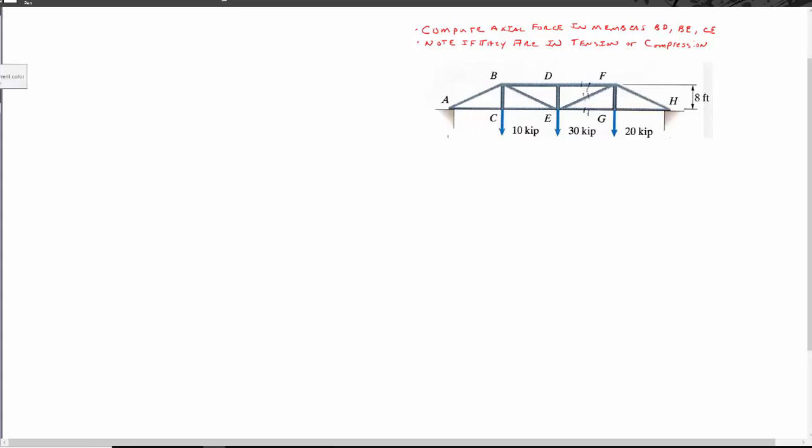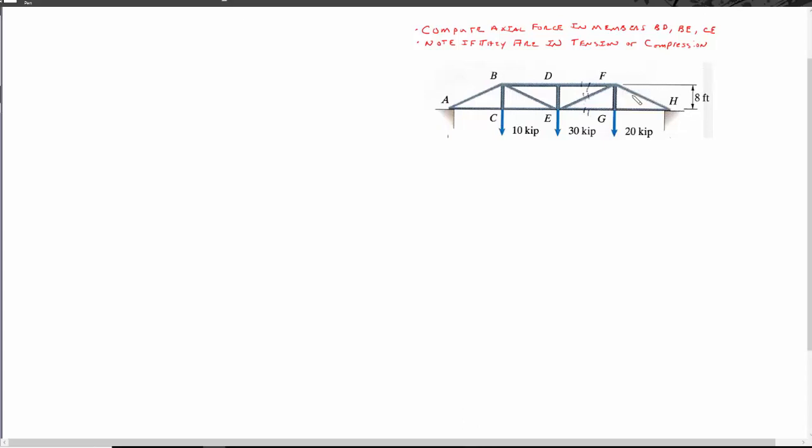Hello everybody. We are going to be looking at another truss, and we're going to be computing the axial force in members BD, BE, and CE, and we're also going to note if they are in tension or in compression. Now if you notice, this bridge is sitting on two edges, so we're only going to have vertical forces at A and vertical force at H, which is going to be fine because we have no force in the X